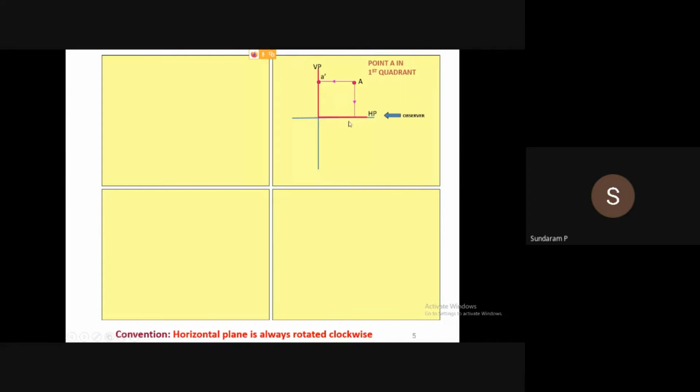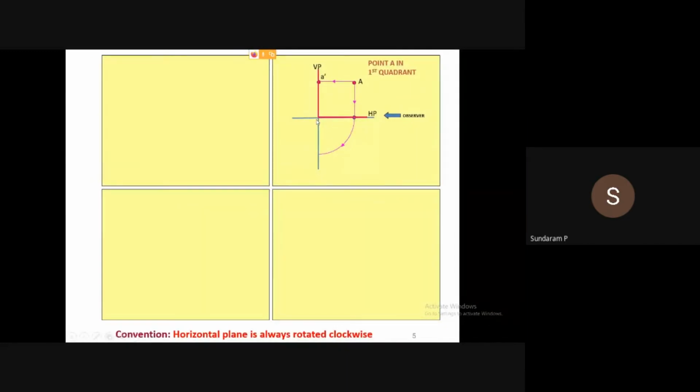So some in front of distance, some in front of distance. But we need to make it with the XY line. Actually, we are making 2D. So what we are doing, we are rotating the horizontal plane 90 degrees. We are obtaining it on the same vertical plane, because of the XY reference plane. So remember here, always your vertical plane is a fixed plane. Your horizontal plane is always a rotating plane.